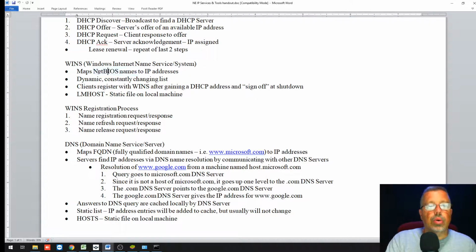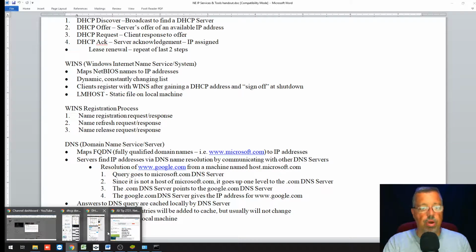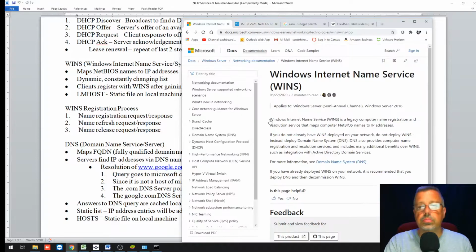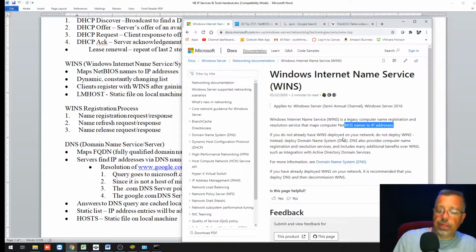All right, so it maps that NetBIOS name to an IP address. What it does is it builds a table. Well, hang on. Let me start by saying this is a legacy computer name registration that maps NetBIOS names to IP addresses. WINS is still available, still gets used quite a bit. It's still useful, but